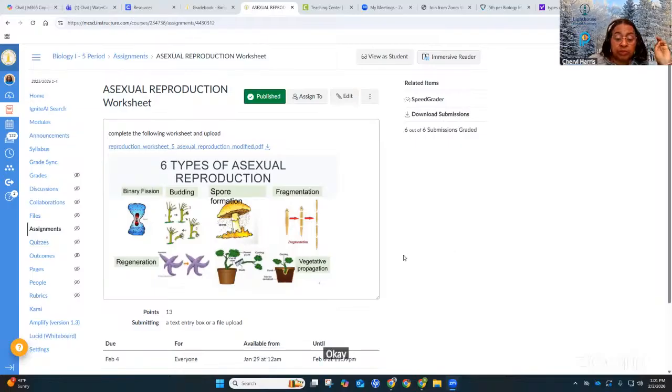Okay, so that picture helps in addition to the picture that they had in the worksheet.